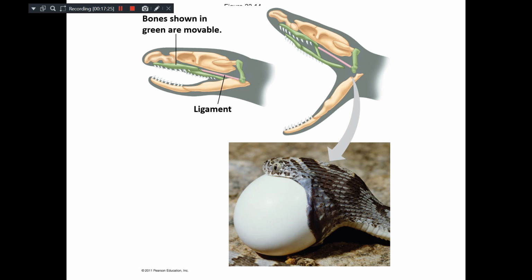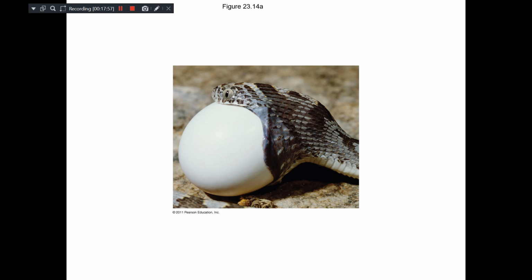in snakes, it has taken another adaptation. See, the ligaments get detached, and as a result, the mouth can open and it can swallow even a larger egg which is larger than the size of its head. This is an adaptation, and nature selected this adaptation. So, as a result of this, all snakes have this type of arrangement.